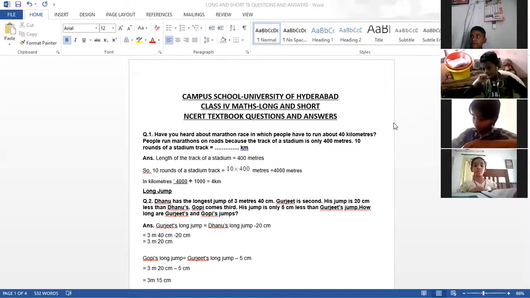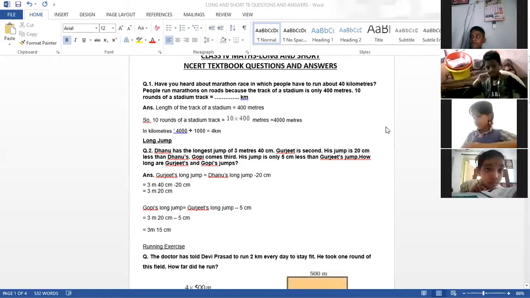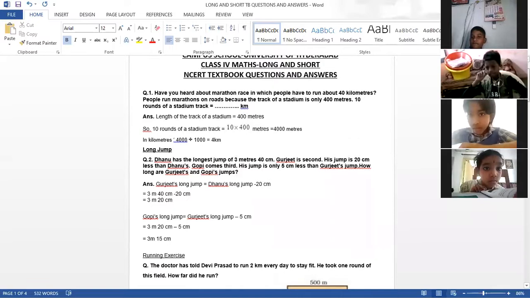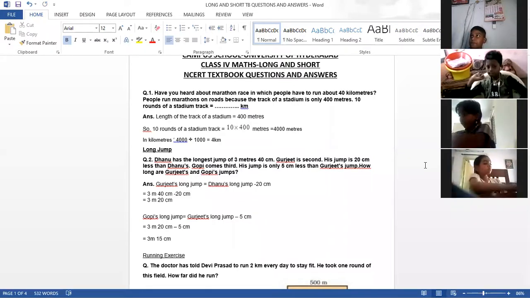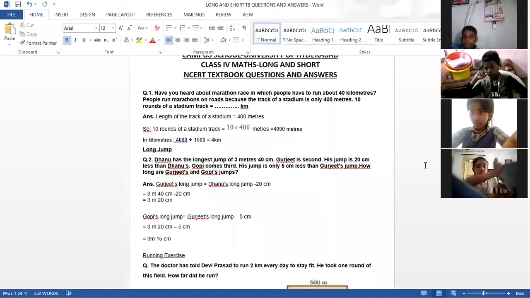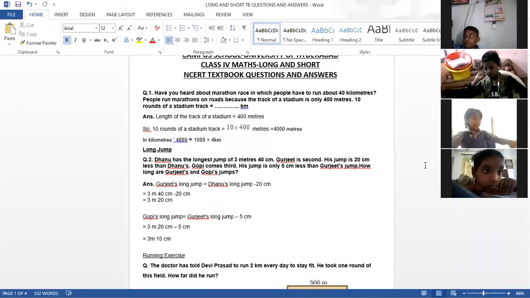Now we are going to do the problems of the textbook. You have to copy the questions one by one. Let us see. Copy the first question. Take the notebook and copy the question. Answers are also there. I will share after the class. Those who are not able to do it in the class can do it later. These are the textbook questions which are important.